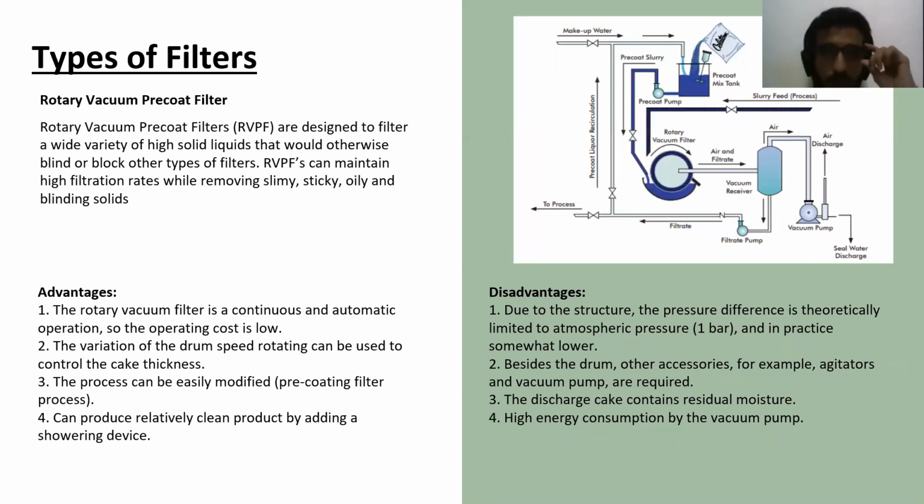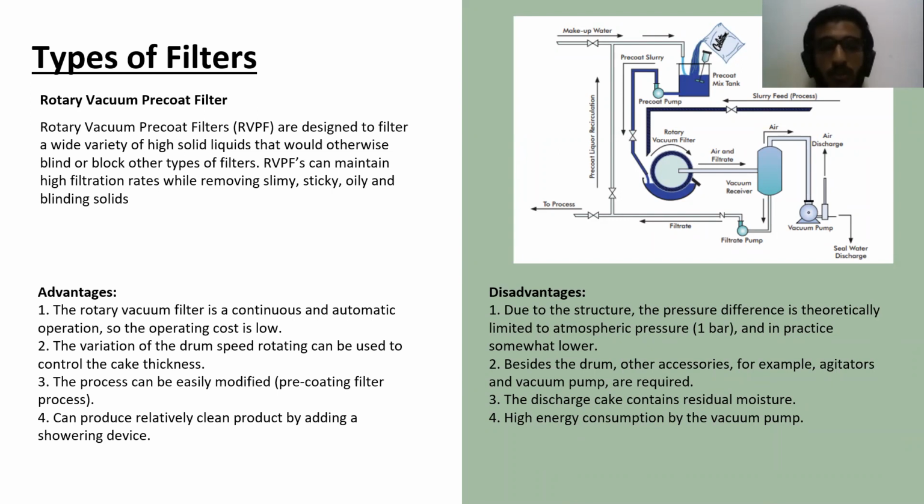For the first part, this is the types of filters, and there are several types of filters or filtration. We classify them based on the pressure used or based on the operation of the filtration. The first type is the vacuum pre-coat filters or rotary vacuum pre-coat filters, which are basically designed to filter a wide variety of high solid liquids that would otherwise blind or block other types of filters. And there are several advantages for this type specifically, namely the rotary vacuum filter is a continuous and automatic